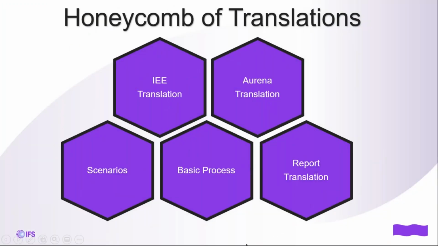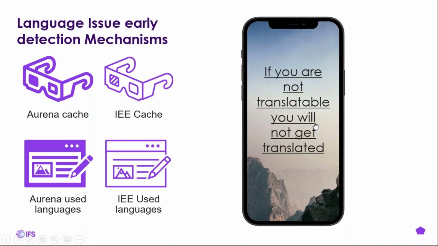Okay, now we have done the basic process, i.e. translations, Aurena translations, and report translations. Let's get back to this scenario. Okay, this is the most important message that you need when it comes to translations. Anyway, if you are not translatable, you will not get translated. That is the motto in translation. These are the mechanisms, or as I call them, the early detection mechanisms of translation. So let's start